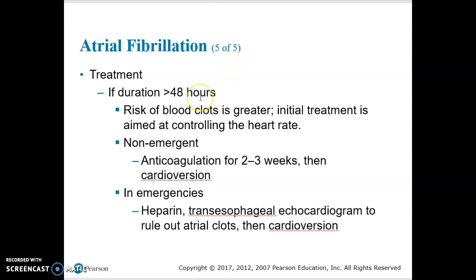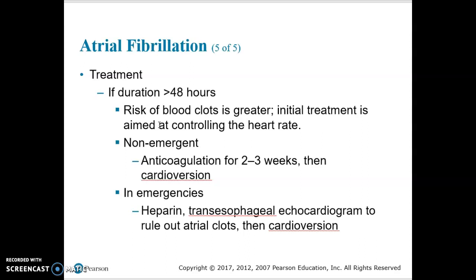Now, you're probably sitting here thinking, well, how do I know how long this person's been in atrial fib? They may have been in atrial fib for a week and I didn't know it. If you don't know, you're going to treat them like they've been in atrial fib for longer than 48 hours. However, if you are at the hospital working on them and they've been on a monitor for the past 3 or 4 days or a week or 2 weeks,